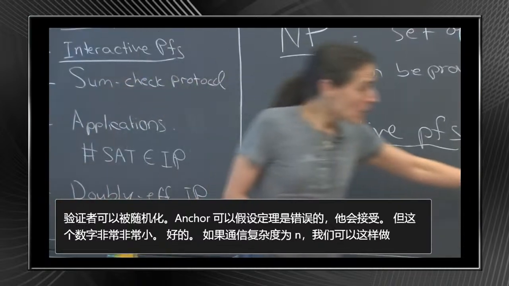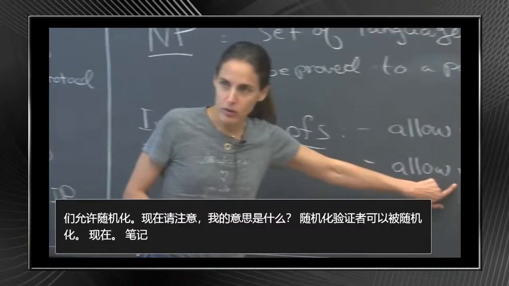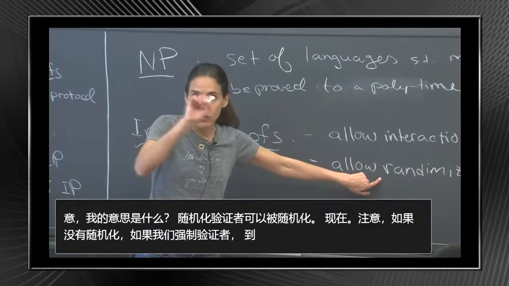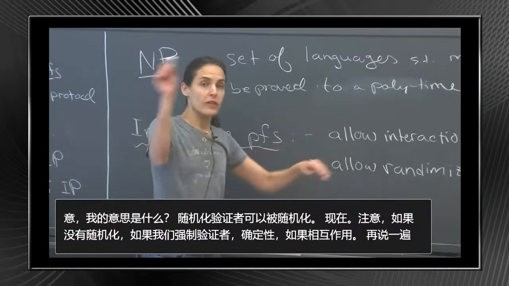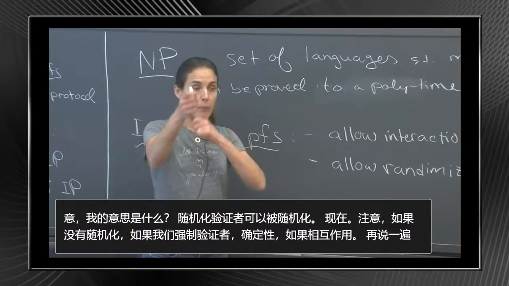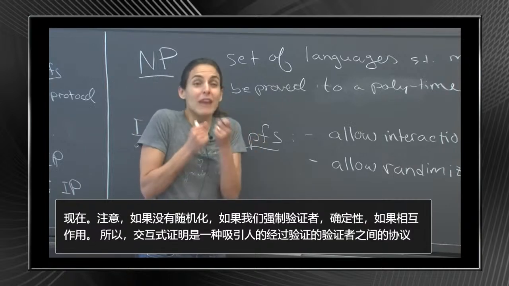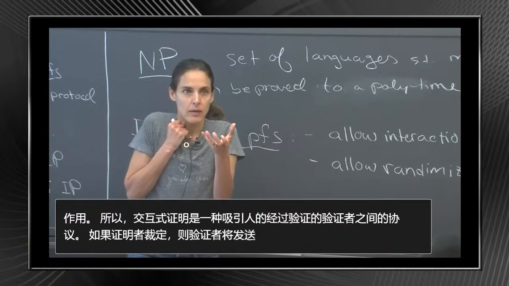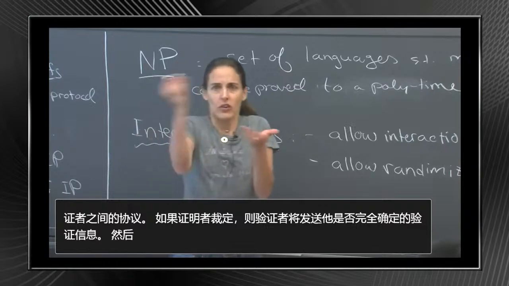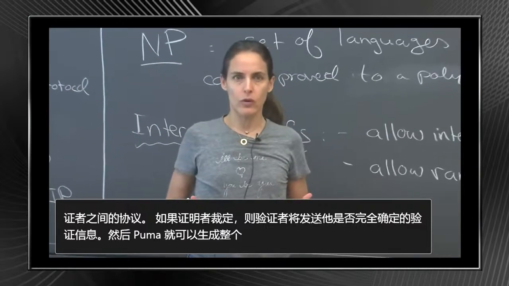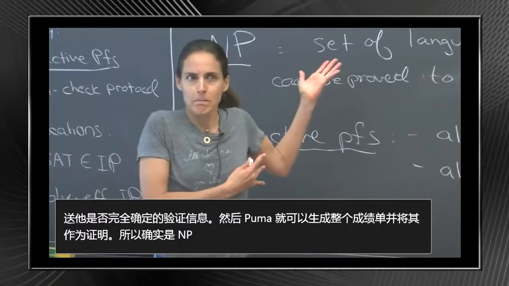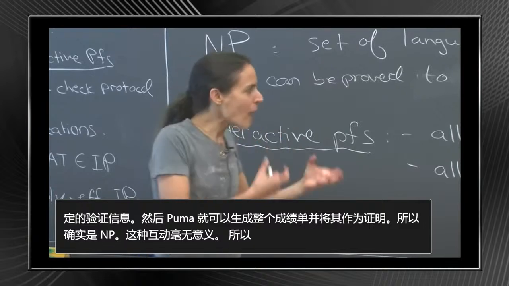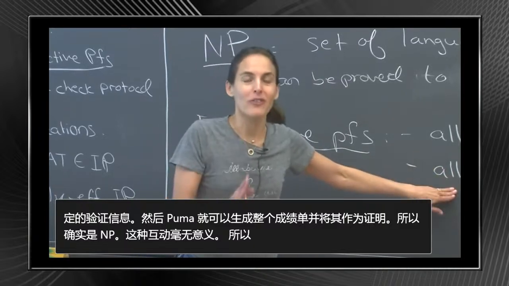Now note, if there's no randomization, if we force the verifier to be deterministic, then, since an interactive proof is an interactive protocol between prover and verifier, if the prover knew what the verifier is going to send, the prover can just generate the entire transcript and give it as a proof. So it will really be NP. There's no point in this interaction. So really the power of IP comes from the fact that the verifier is interactive,